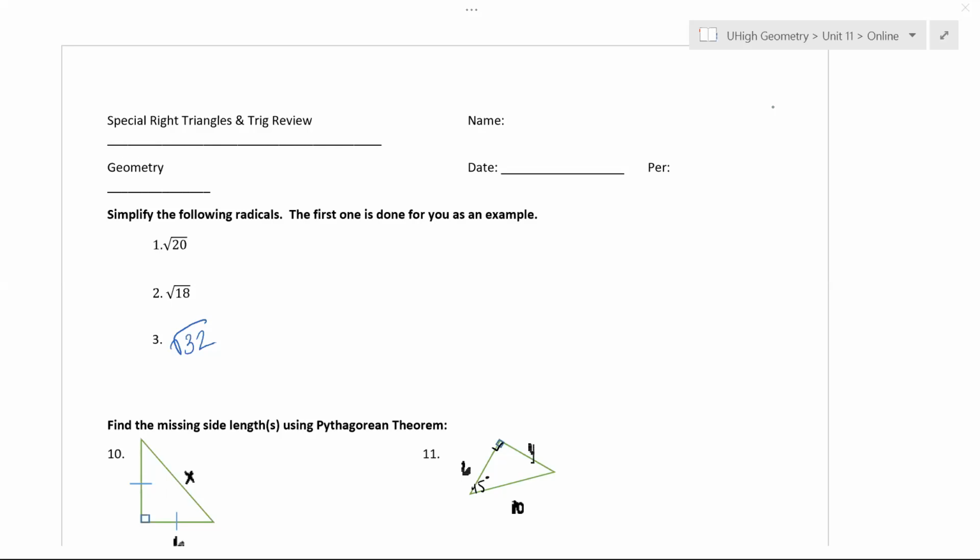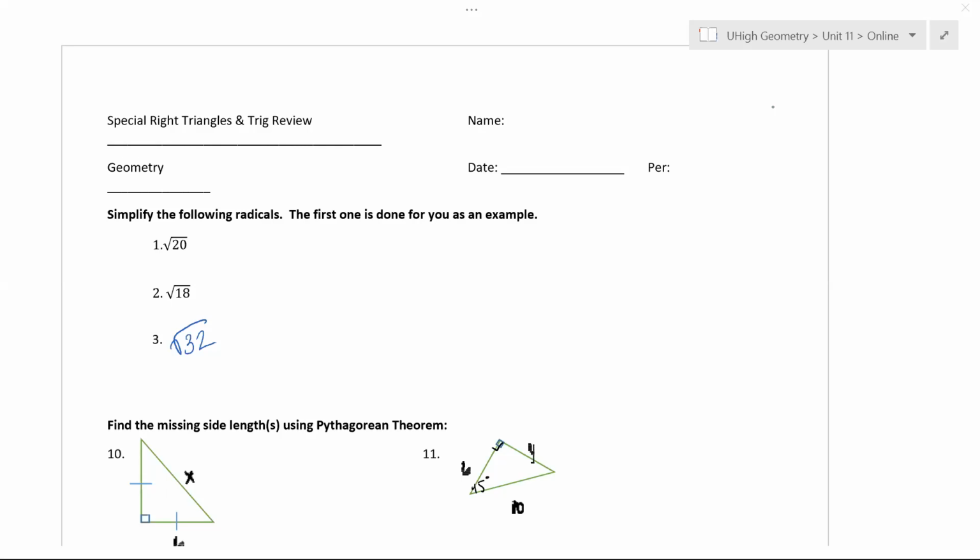We're going to do all of these together today. You won't have any assigned homework, but I am going to attach practice with all of this stuff in case you want to work on it a little bit more, because some of us haven't seen it in a while. So the first thing that we are going to do is simplify